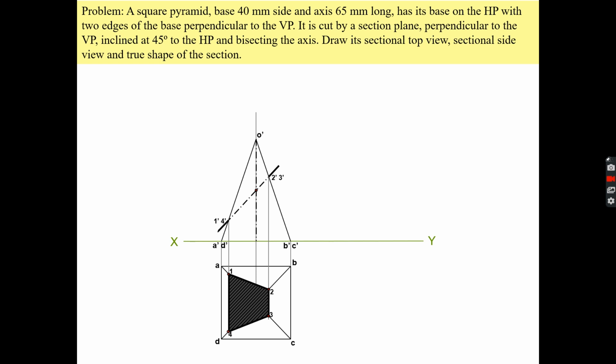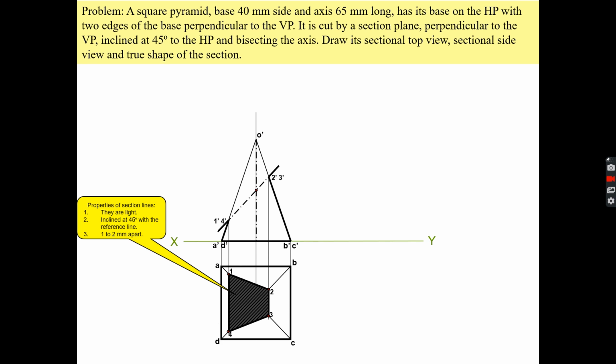Okay, so this is now your top view and front view. Your top view and front view is complete. Okay, remember you don't have to do that gray portion which is showing here. You don't have to do it. Only you have to make the lines.